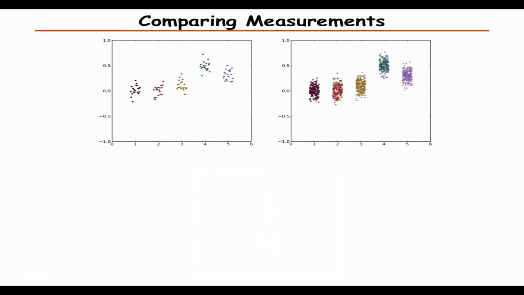So now, if we're going to compare measurements, now they've measured 5 different things. So it's 1, 2, 3, 4, 5. And now we show them in different colors. In this case, we have made 20 measurements for each point. And here we've made 200 measurements. So what we can see here is that